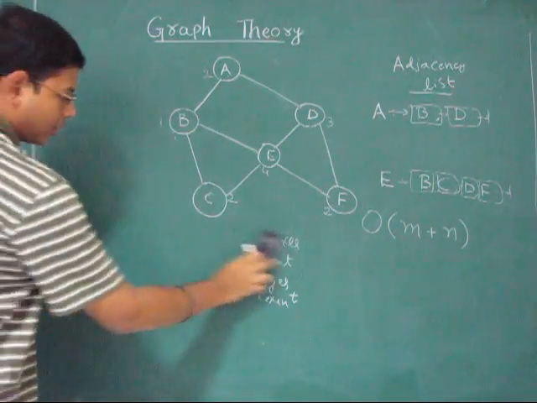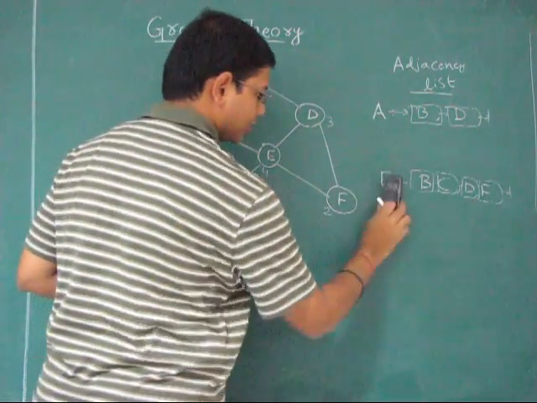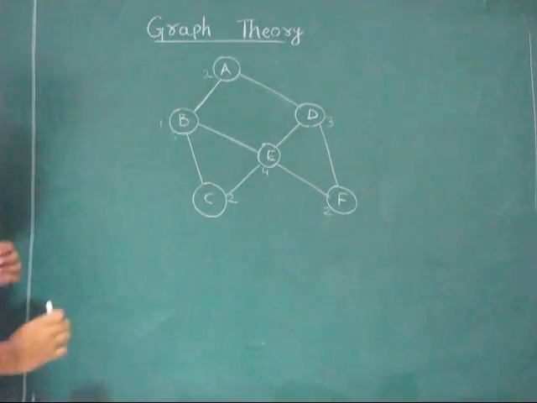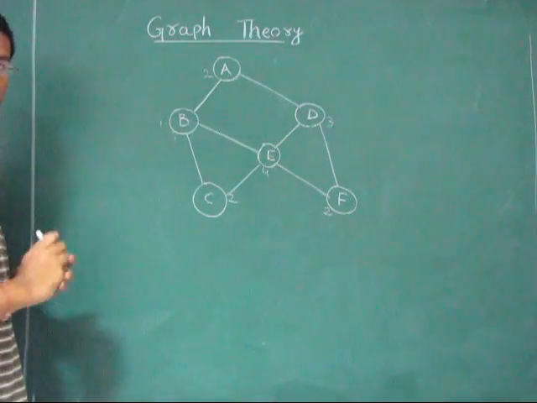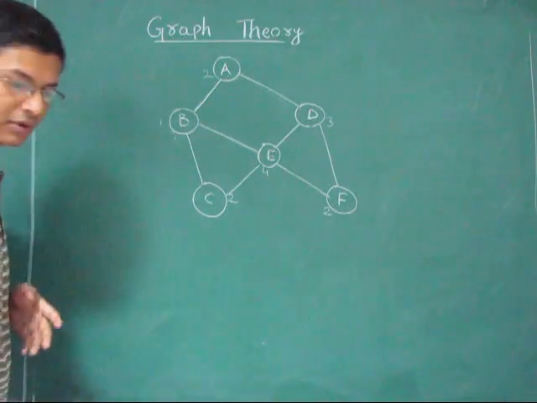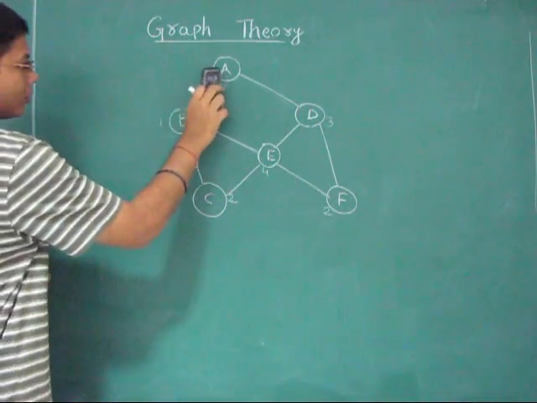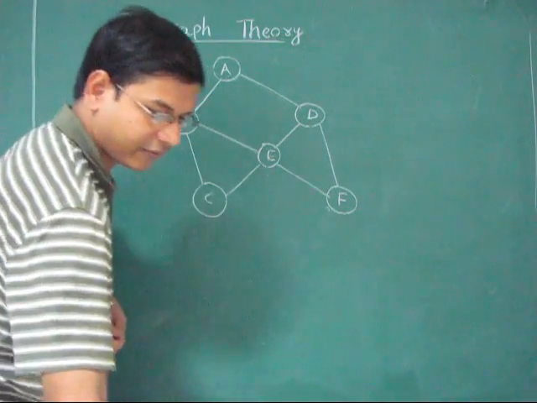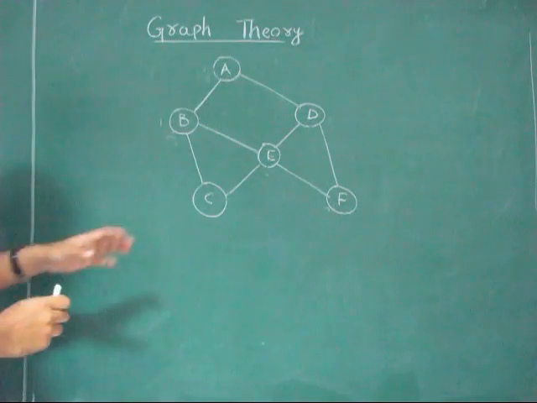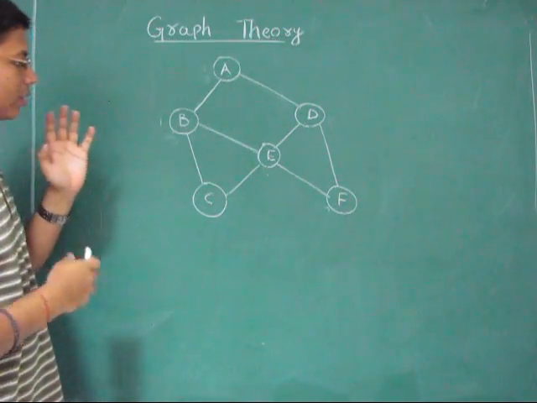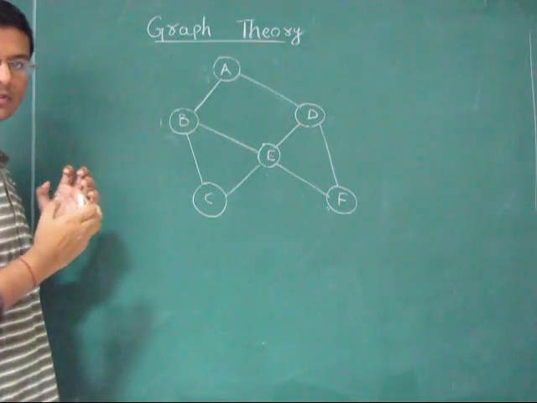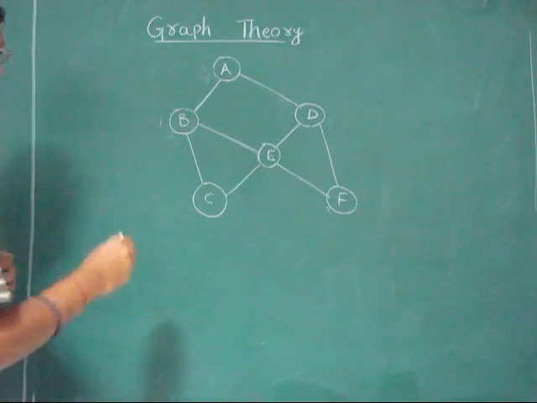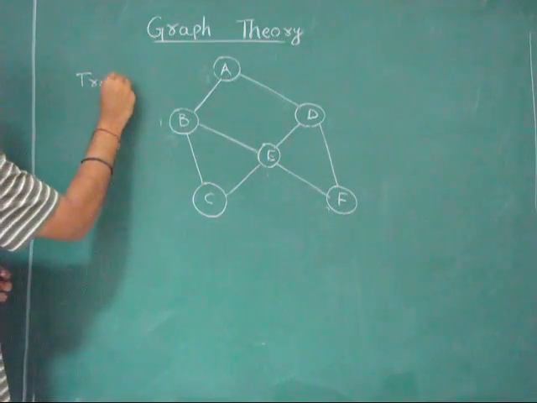So now that we have a graph with us, what do we do with it? We are given a graph and we have stored it in an adjacency matrix or an adjacency list. So what do we do with this graph? Based on the graph, there are a lot of properties that can be extracted from it. But to know what graph we have, we need to go through the vertices once. That is called the traversal of the graph.